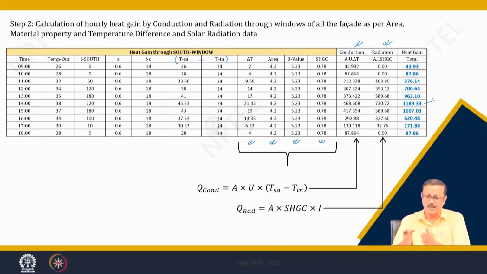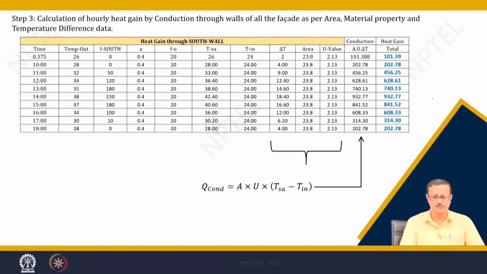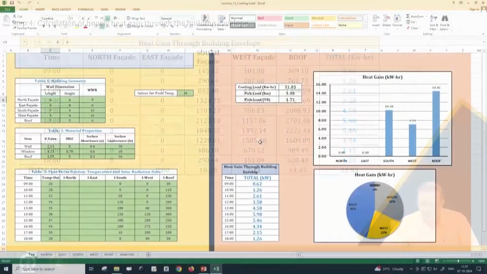So, like that I have to recalculate the same thing for the west and the roof. So, this is for the south wall. Again, I have calculated the hourly heat gains also, and then I have calculated for each part of the facade. So, let me go to the Excel. So, in this Excel,